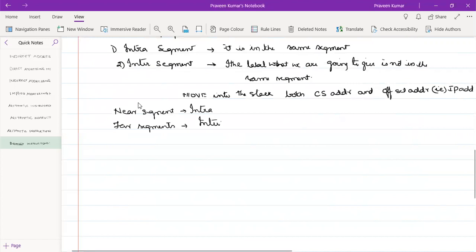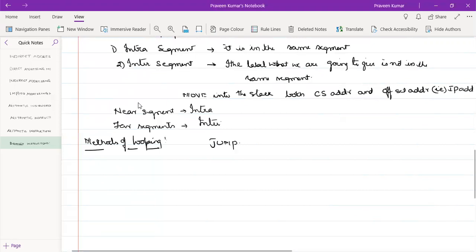Now we'll go deep into the methods of looping. Call has no other looping, so jump has the methods of looping.